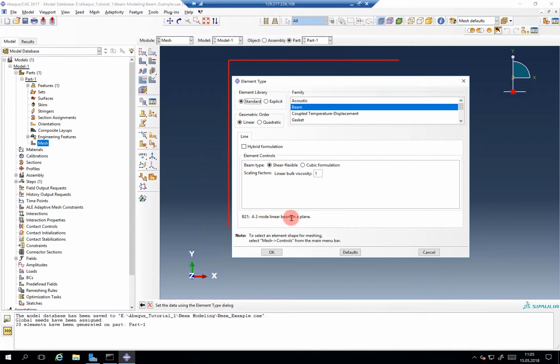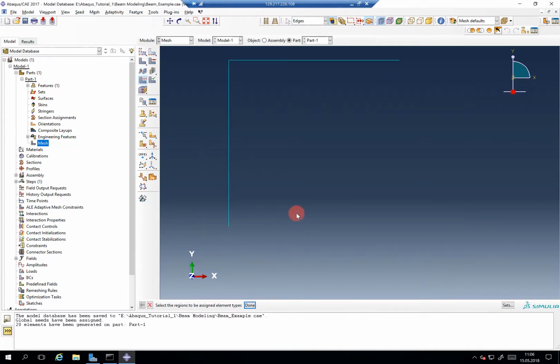B21, a 2-node linear beam in a plane, so shear flexible. Here, checking hybrid formulation or not, cubic formulation would switch from Timoshenko, which is shear flexible, to Euler-Bernoulli. Here, quadratic, you have B22 now. So let's start with the B21, which is a Timoshenko beam with the linear geometric order. We can click on OK, click the mouse wheel, and now we have assigned the B21 element type to all of our